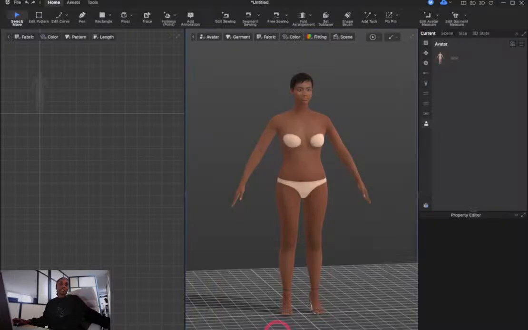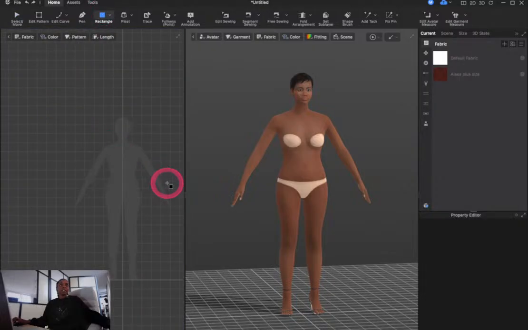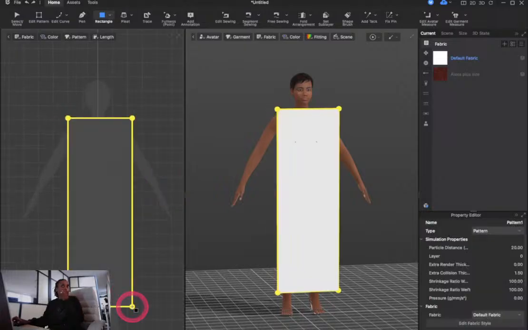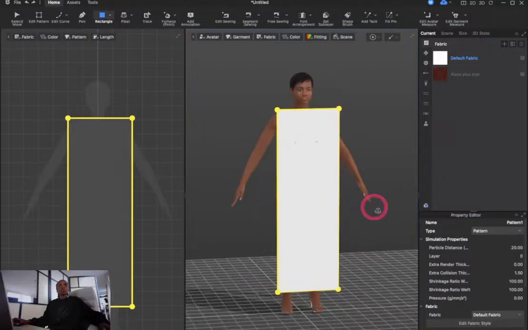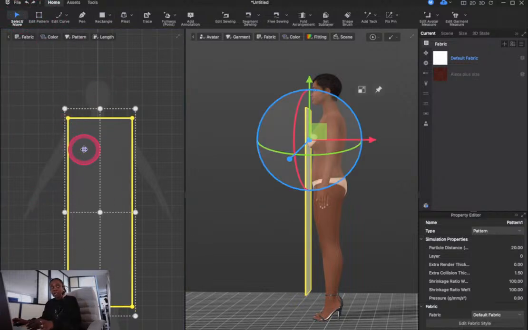So what I'm going to do is make a basic dress, let's say. So I'm going to start here. To start here, you draw a triangle. The funny thing is everything is the opposite side on both. I don't know, I think you can change them, but you know. So I'm going to do this in Clo as well. Right now we're in Style, so